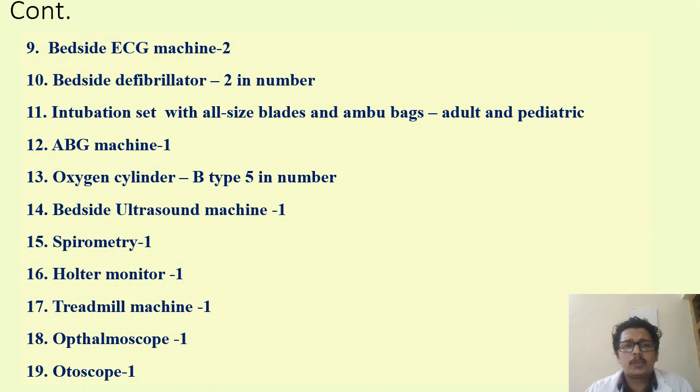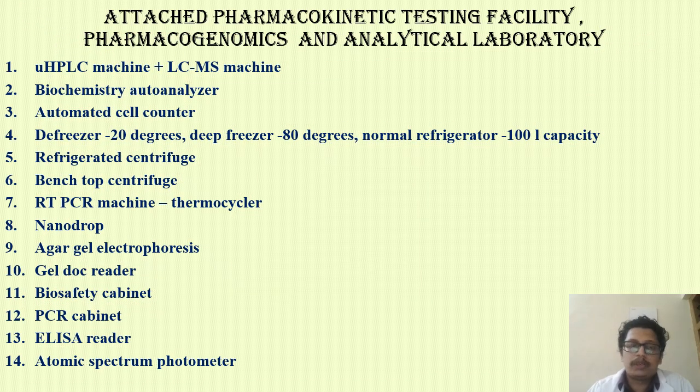Bedside ECG machine 2, bedside defibrillator 2, intubation set with all size blades and ambu bags, adult and pediatric. ABG machine 1, oxygen cylinder B type 5 in number, bedside ultrasound machine 1, spirometry 1, Holter monitor 1, treadmill machine 1, ophthalmoscope 1, otoscope 1. And this is a rough idea. It will vary; it can be increased or decreased in number according to the trial unit and setting,